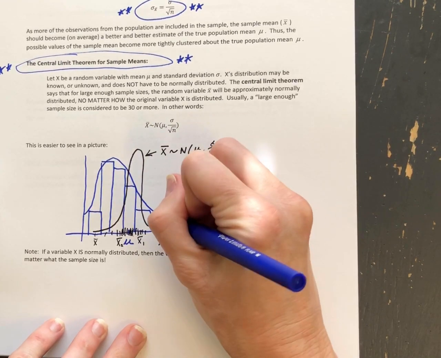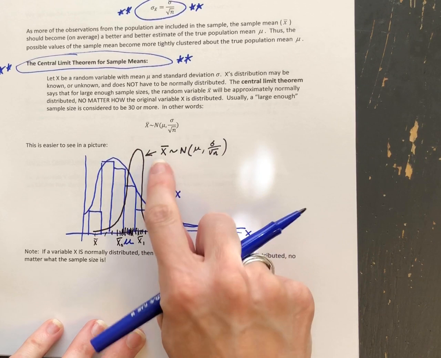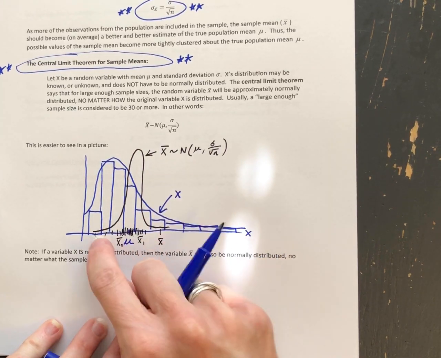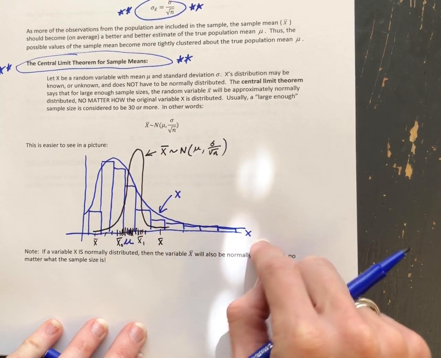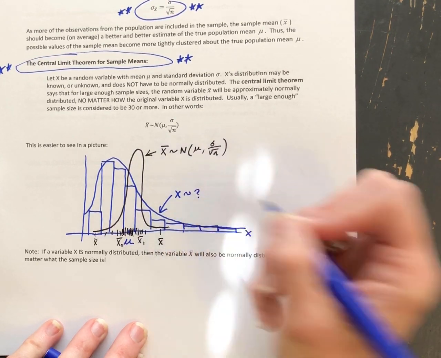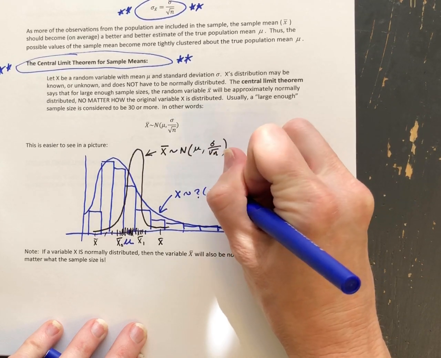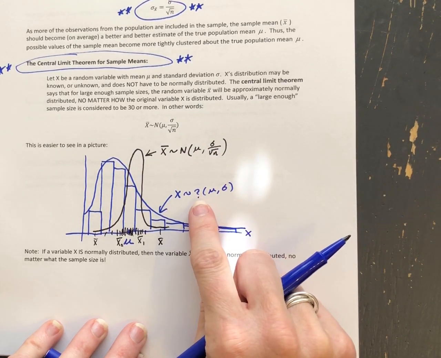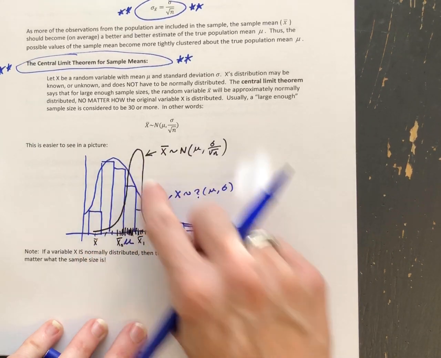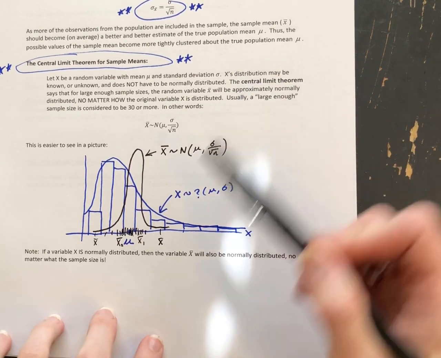Whereas the blue one, which was the distribution of the original variable x, not the x bars, not the sample means, but just the original data values, is distributed in some unknown way, right? It had a mean, it had a standard deviation, but it wasn't normally distributed. Okay, so that's what the central limit theorem is telling us, and you can see it